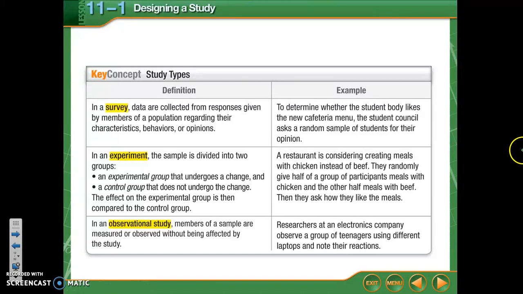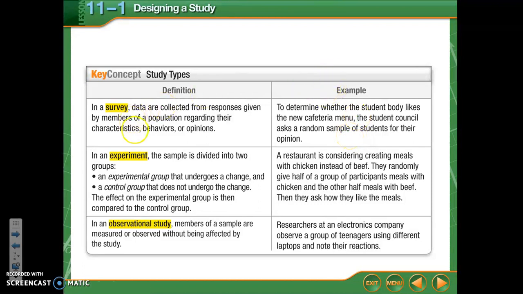All right, so here are the different study types that could be possible. We have surveys. In a survey, I collect data from responses that I take from a population. You guys have done surveys a lot in your life, I'm sure, regarding characteristics, behaviors, or opinions. So I send someone a survey, they answer it, they send it back. An example would be if we wanted to determine whether our student body likes the new cafeteria menu. Stuco could ask a random sample of students